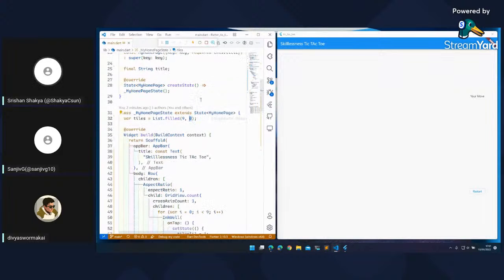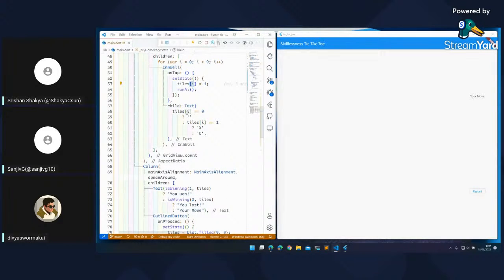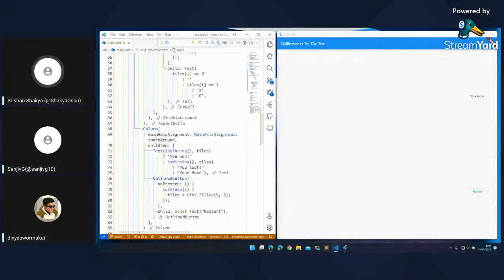Initially it is all zero, but when we click it, that value becomes one. One is x, because we have made the code to be x. If we change this to something else, it will stay. It is a little confusing to keep along. And two is for the computer or CPU. That is, it plays as 0 or O.